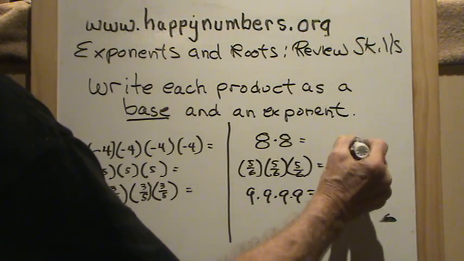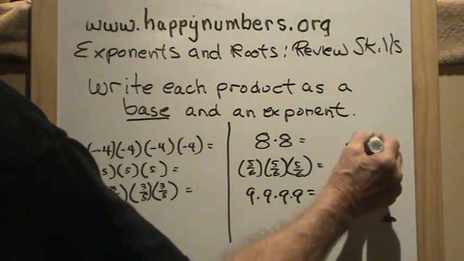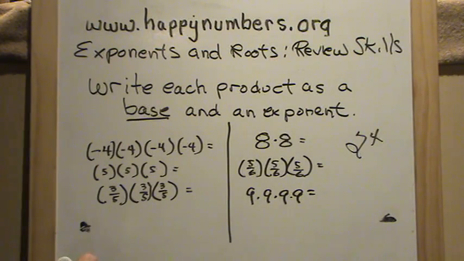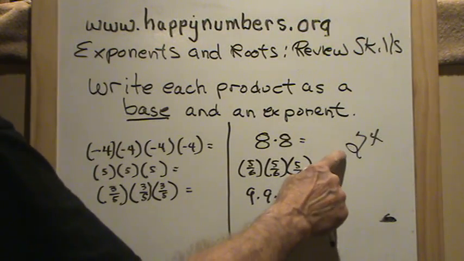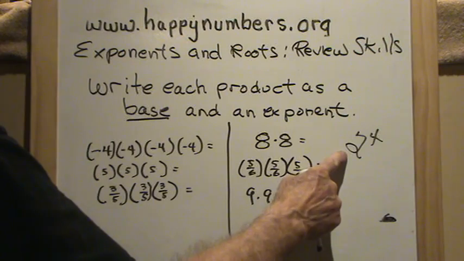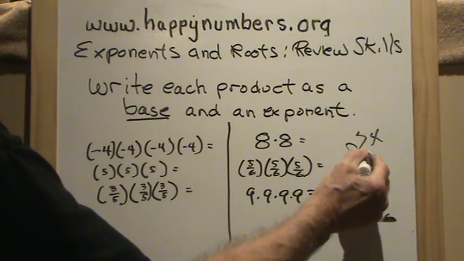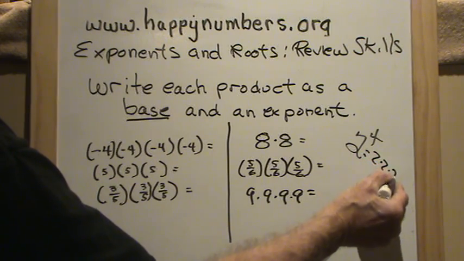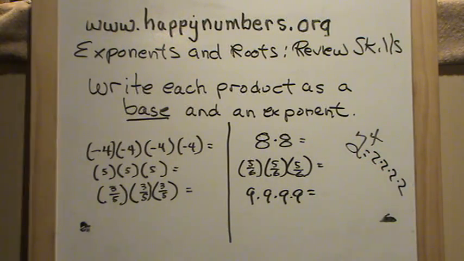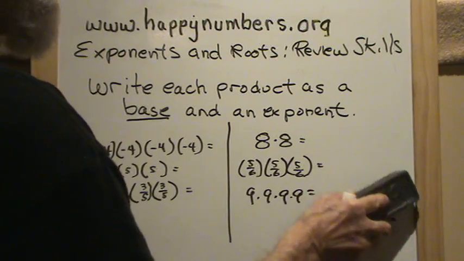Let me just put this up here for a second. 2 to the fourth power. 2 is called the base. 4 is called the exponent, and we know this means 2 times 2 times 2 times 2. Good. So your first set of problems,